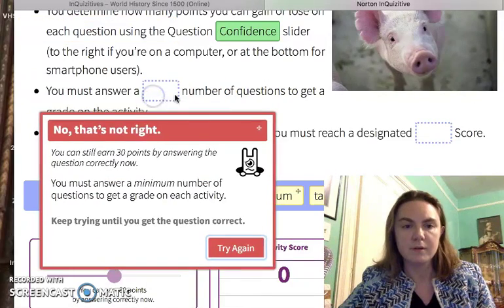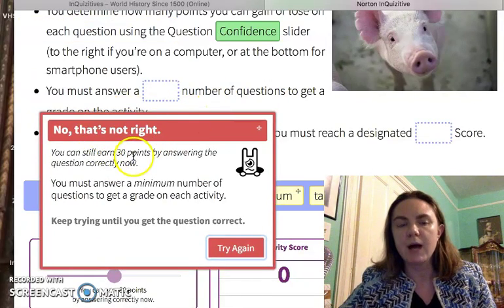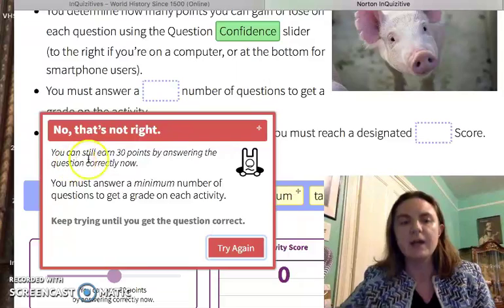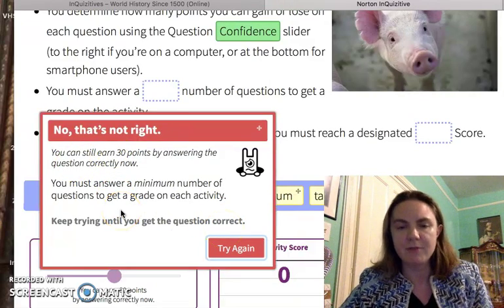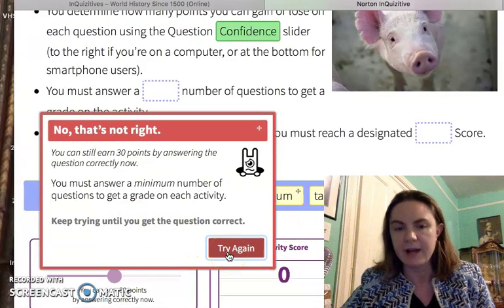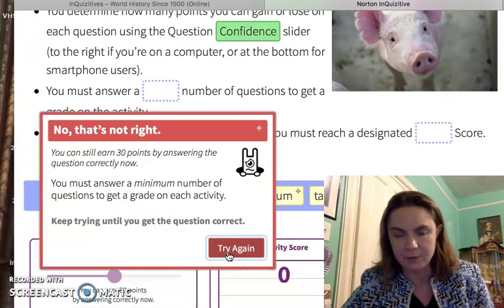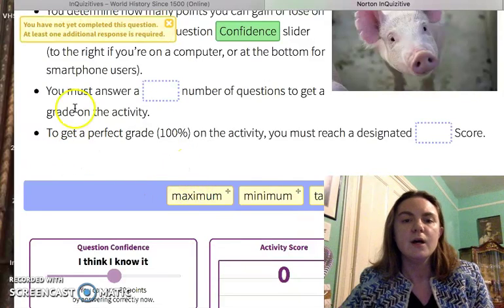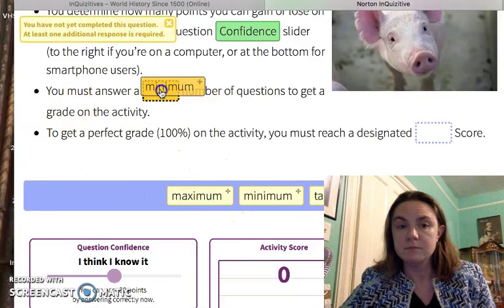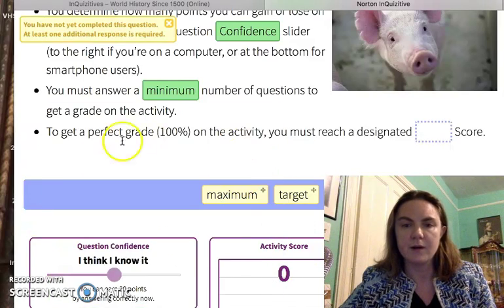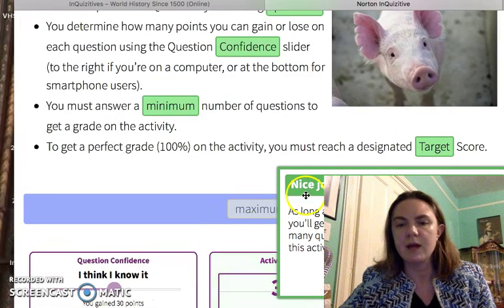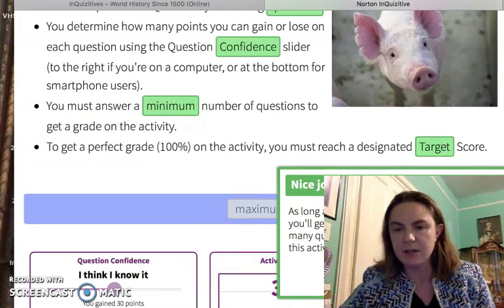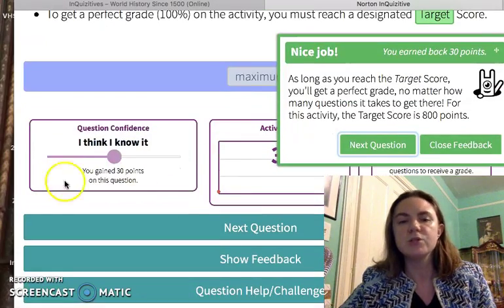This will be wrong. Okay, so when you get an answer wrong, that's okay. It will lower your score, but you can still get half credit for answering it correctly. So it will let you try again. In fact, you're not going to be able to move on until you get them right. Okay, so you would try it again. You must answer a minimum. To get a perfect grade, you must reach a designated target score. All right, so once you complete it, as you can see, it'll let you earn back the points. You would just keep going